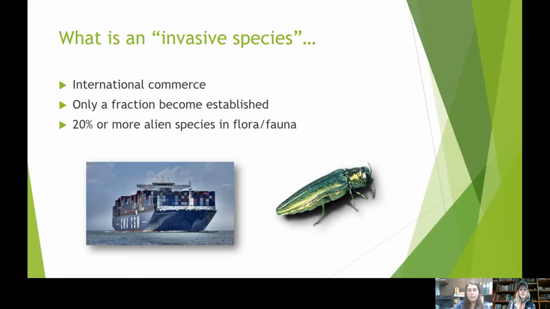So how did they get here? How did this start to become a problem? A lot of introductions occurred with the boom and growth of international commerce. A lot of us have heard of the emerald ash borer, pictured there. It has wreaked havoc on our native ash trees. We have lost millions upon millions of ash trees within the Midwest and the Northeast. This particular small penny-sized green boring beetle made its way over here in the packing materials from shipping cargo coming from China. So international commerce and the ability to just move goods, including organisms, across the globe really facilitated introductions